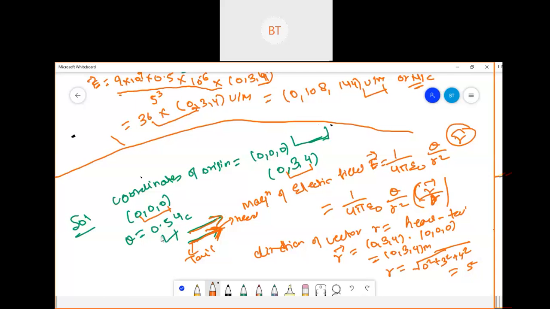Since it is a positive charge, 0.5 plus positive, its direction will be like this. This will be our head, this will be our tail. So it will be like this. This was our head, this was our tail. So we have to do this. For direction, we took these coordinates, minus those, and we got the magnitude here. And after that, we substituted the value. So I think this is a very simple problem.